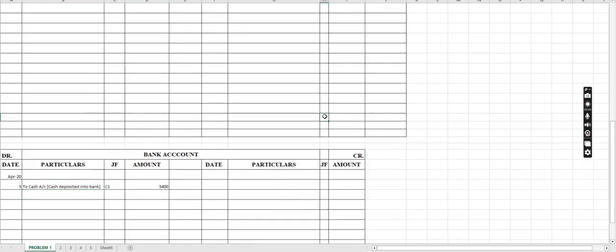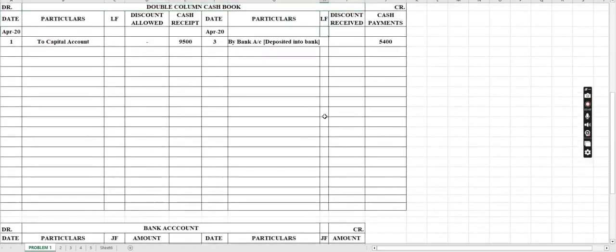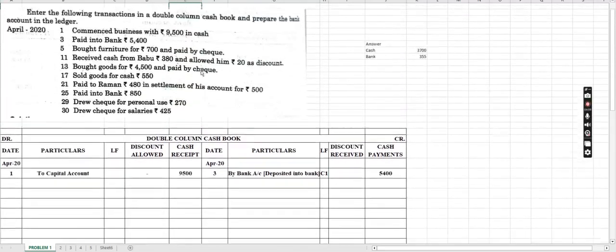C1 I have put for your reference, like I have said in the classroom. We are using that, it's a contra entry, in the column LF or JF. We will put it as C1 for our reference. It's a contra entry, and we are putting 1, 2, 3 like that. How many contra entries will we get? We will put serial numbers for that for our reference. Okay. Next, bought